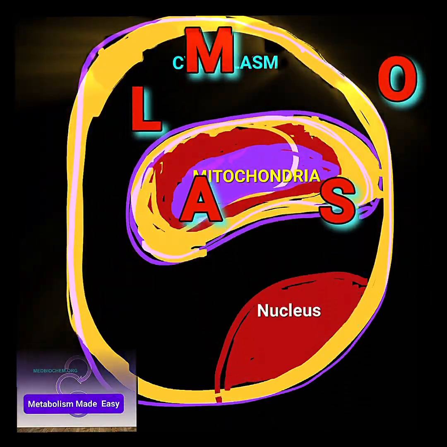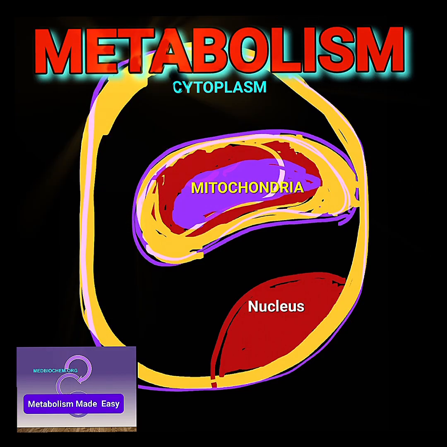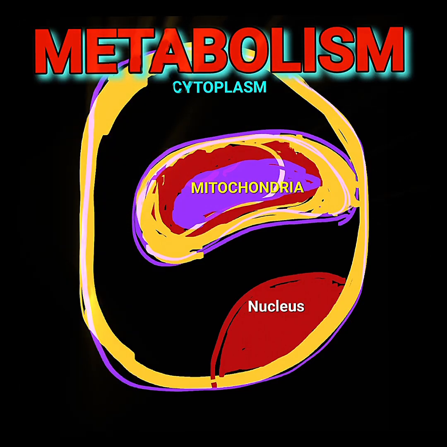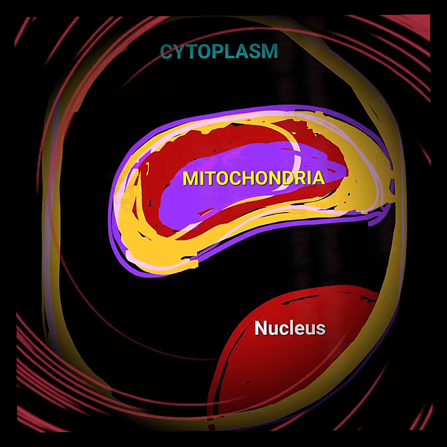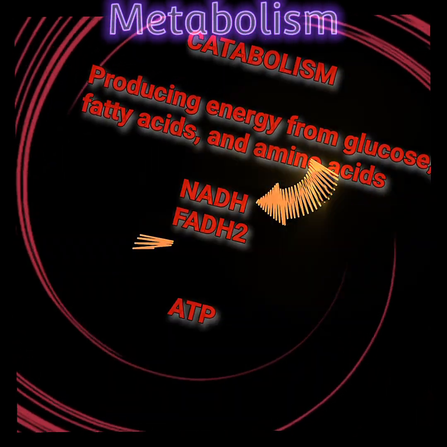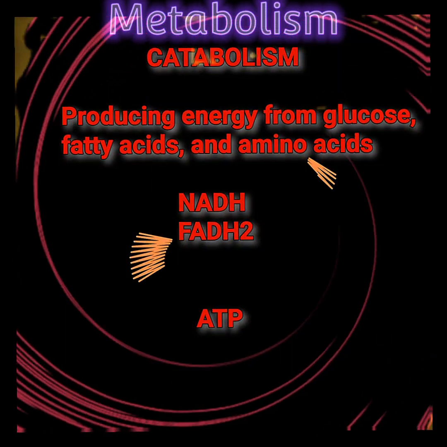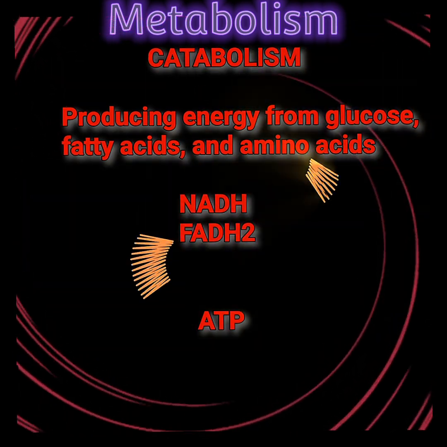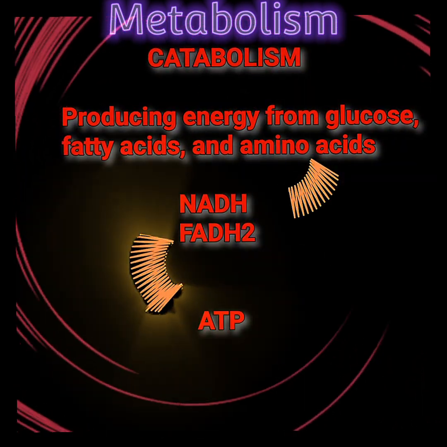Metabolism encompasses all the processes and pathways needed for cell survival. These processes can be classified as catabolic processes or anabolic processes. Catabolic processes involve the breakdown of dietary components with the purpose of producing energy, most likely NADH and FADH2, which